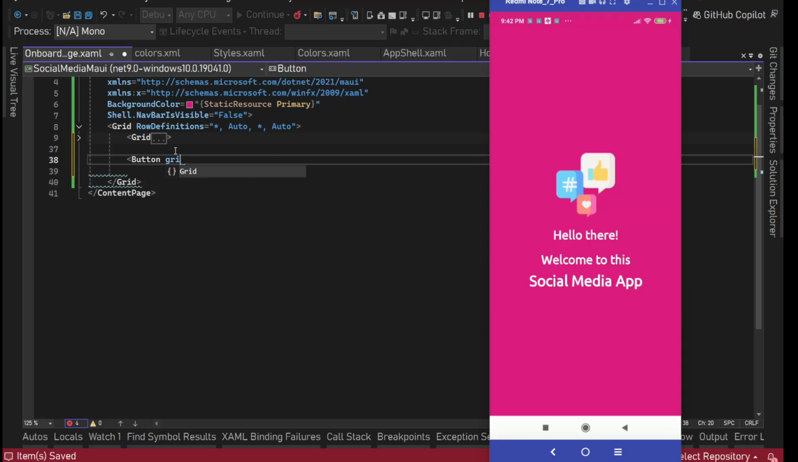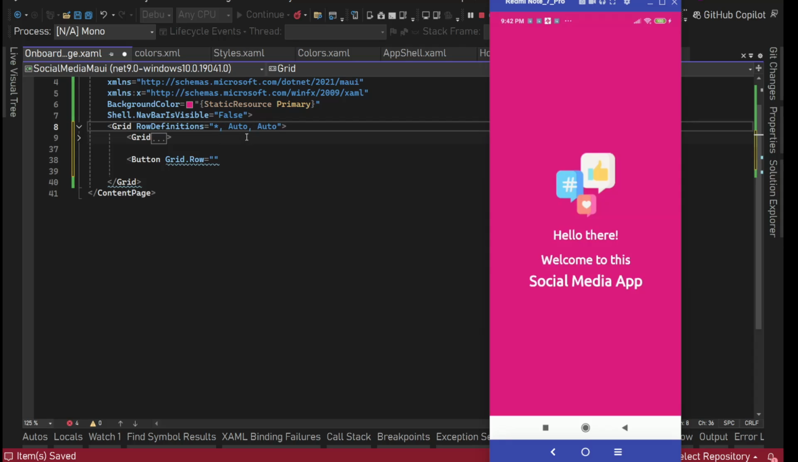Button, then grid dot row. Now I want this button to be at the very end. So for this, that's why I added this spacing. If I don't have this thing, I'll remove this. So 0, 1 and 2 is auto. If I set it like this,